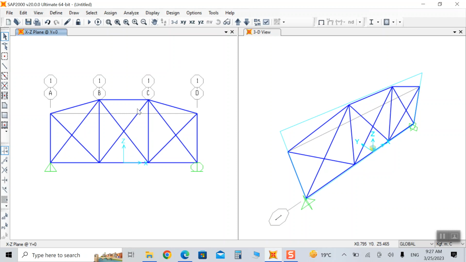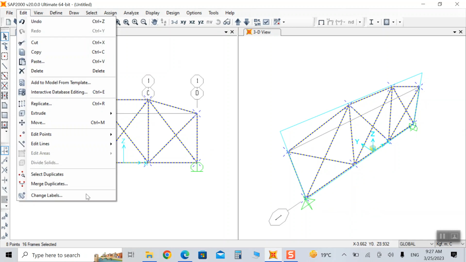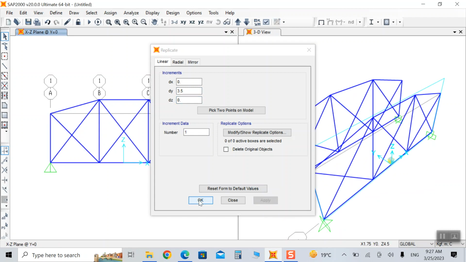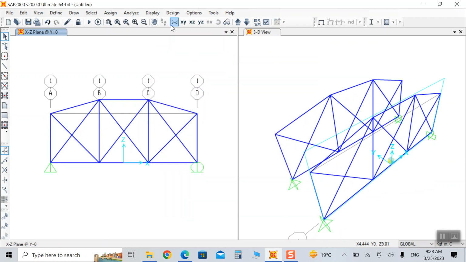Now what should we do? We have to get one copy at a distance of 3.5 meter. So select all of them, Ctrl plus A, come to edit, replicate, linear, dx in the x direction we don't have anything, in the y direction we have 3.5 meter because our width is 3.5 meter, and in the z direction also we don't have anything, okay, and okay. So now if you see here,